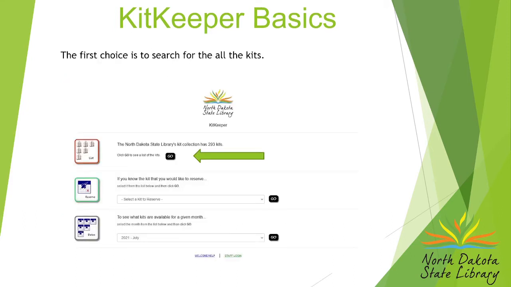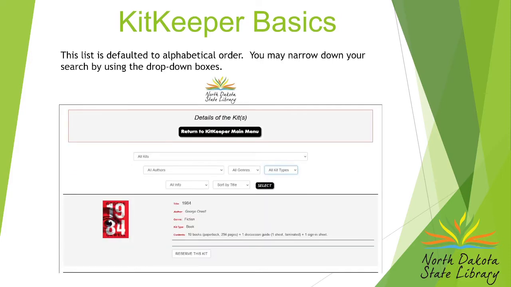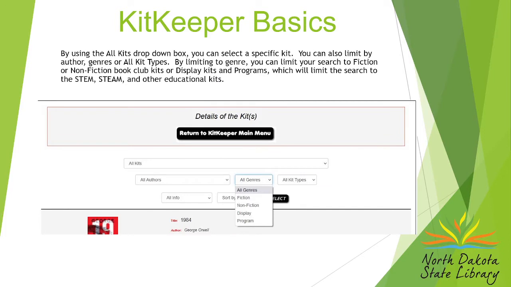The first choice is to search for all of the kits. The list is defaulted to alphabetical order. You may narrow down your search by using the drop-down boxes. By using the All Kits drop-down box, you can select a specific kit. You can also limit by author, genre, or all kit types. By limiting to genre, you can limit your search to fiction or nonfiction book club kits, display kits, or programs,